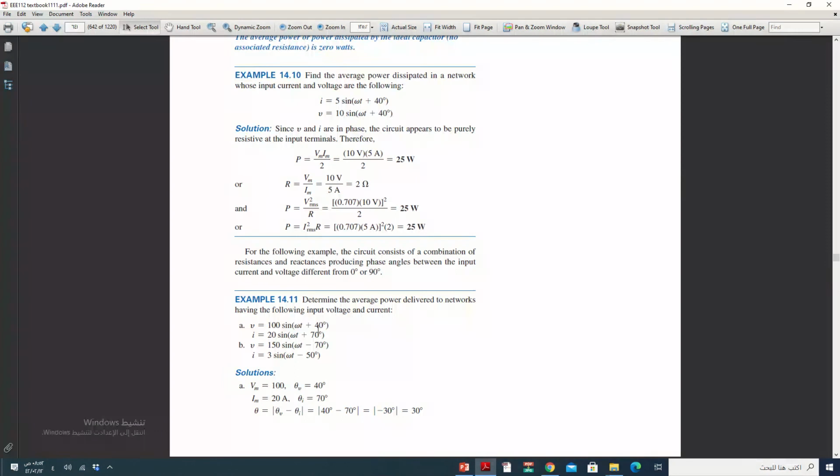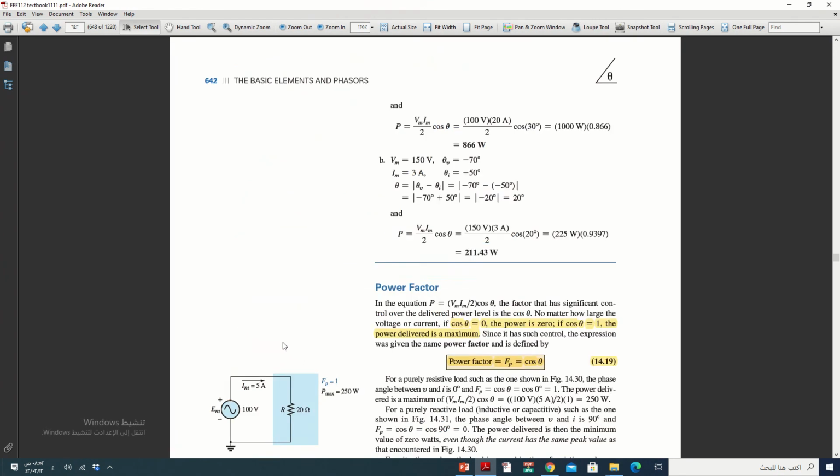Let us go to another example. Determine the average power delivered to the network having the following input voltage and current: V equals 100 sine omega t plus 40, I equals 20 sine omega t plus 70. We need to find the shift between 40 and 70, which is 30. To find cosine 30, and this is peak by peak divided by 2. 100 by 20 divided by 2 cosine 30, it will become